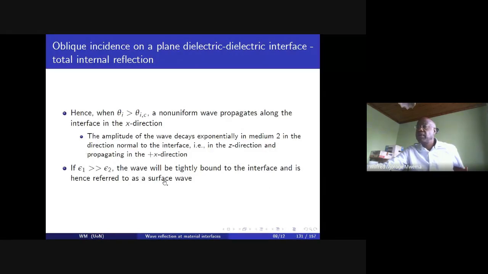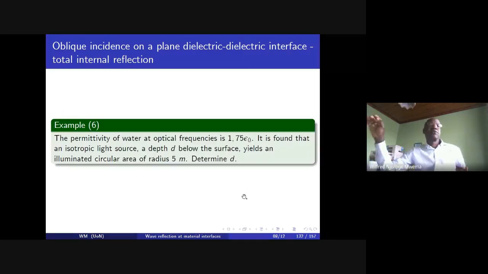And we'll call this wave a surface wave because it does not go into the bulk. Such a case is what is used when you are looking at optical fibers. That is, you are trying to transmit the light inside the glass tube, while